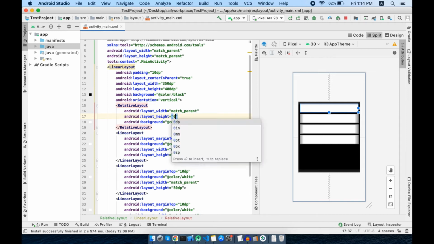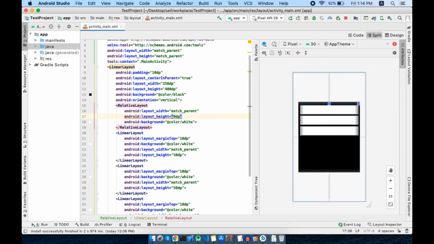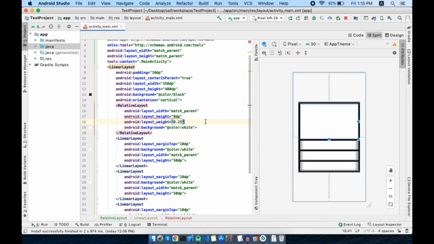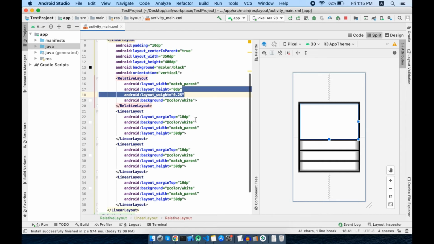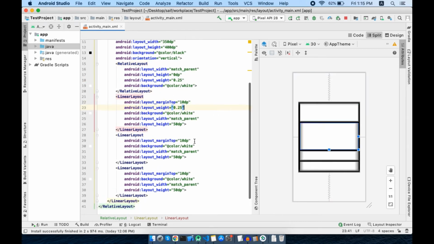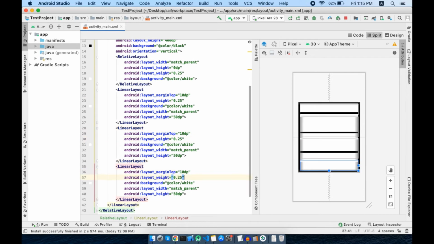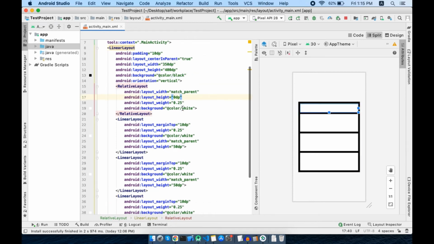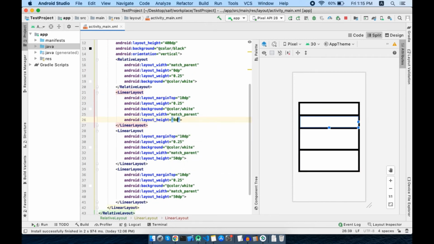I need to set height to 0 dp to set the layout weight property. Set layout weight to 25%, and for that I need to write 0.25. Let's copy this and paste in the other containers. I need to set their height to 0 dp as well.